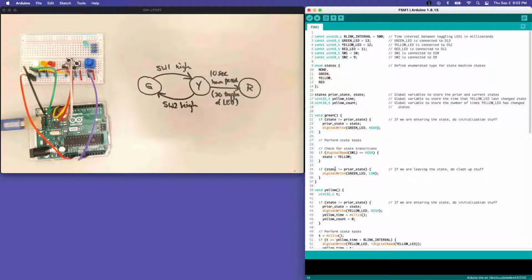So the only way that will happen is if we've made a state transition. And that'll be our signal to do any cleanup tasks that need to be done when we leave a state. In this case, for the green state, we need to turn the green LED off when we leave the state. And by using this sort of state not equal to prior state check at the beginning and